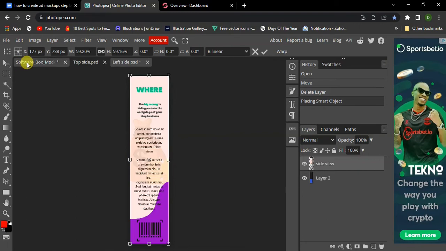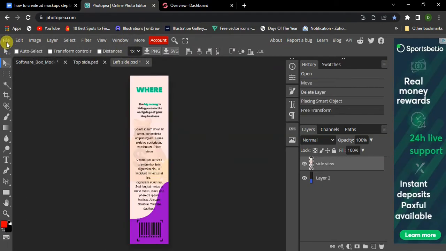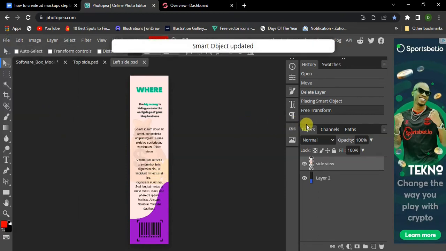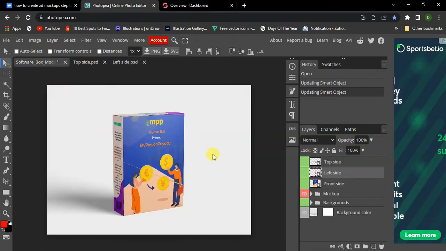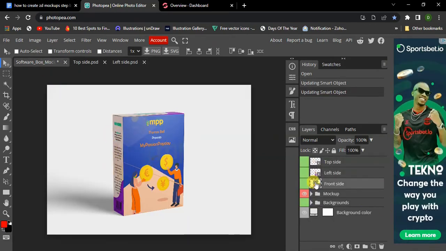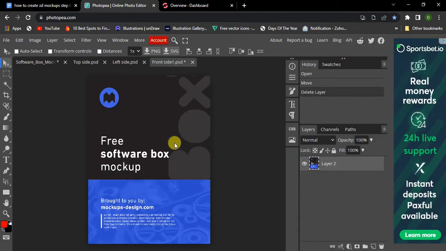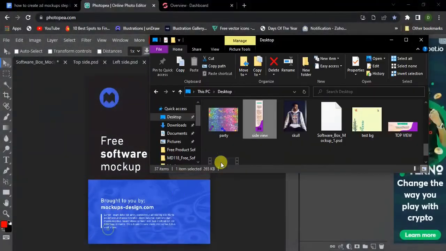You go back here, and we didn't save that. Come here, save as smart objects, Ctrl S. I just press Ctrl S on your keyboard. Then you come back here and you see, and then you come here and do the same thing. You come back to your file and drag it in,